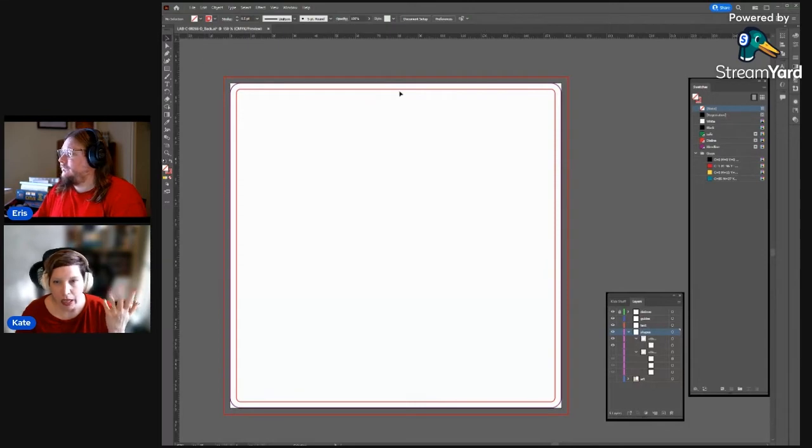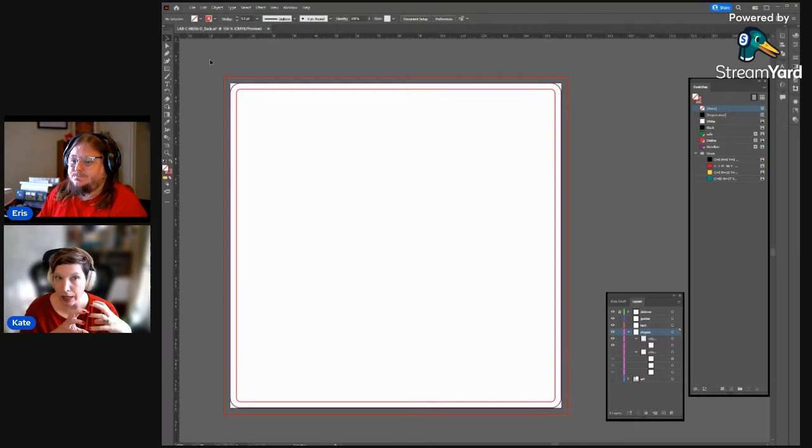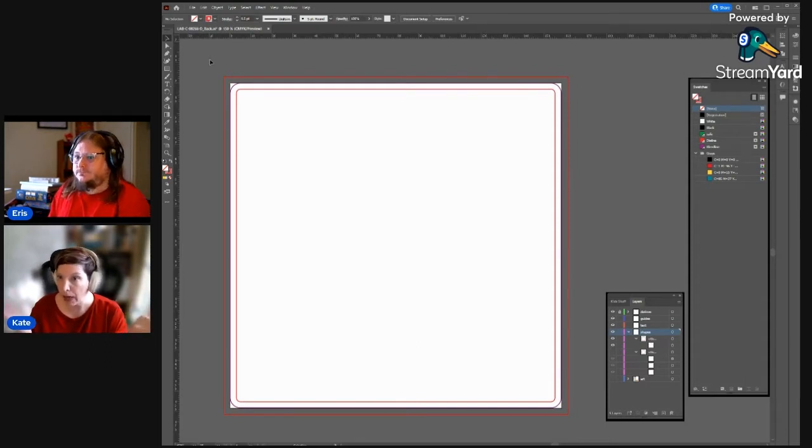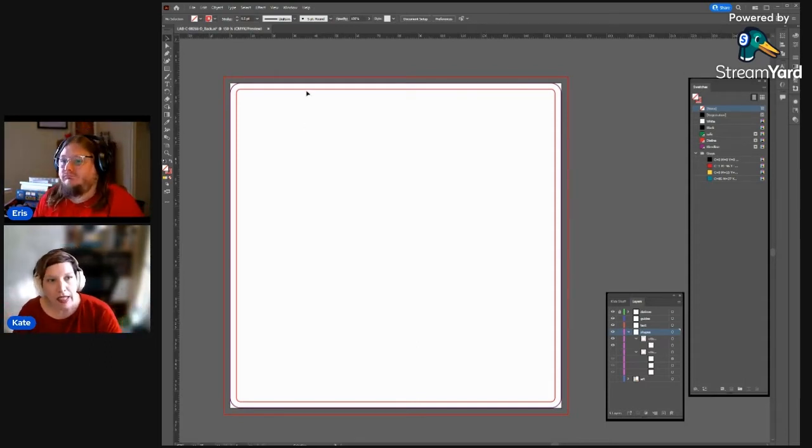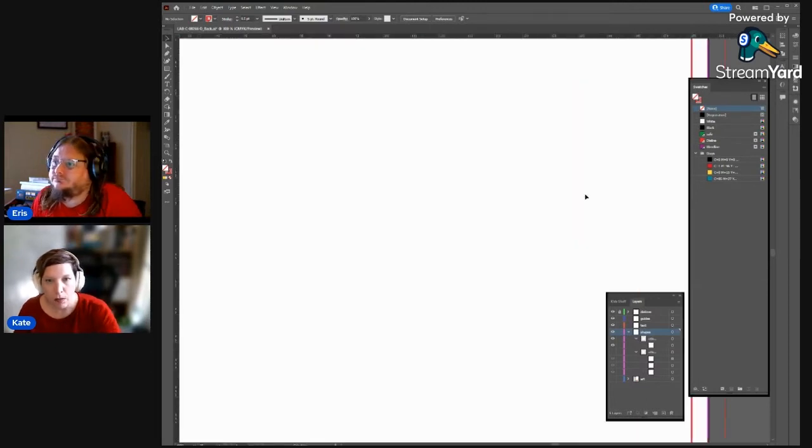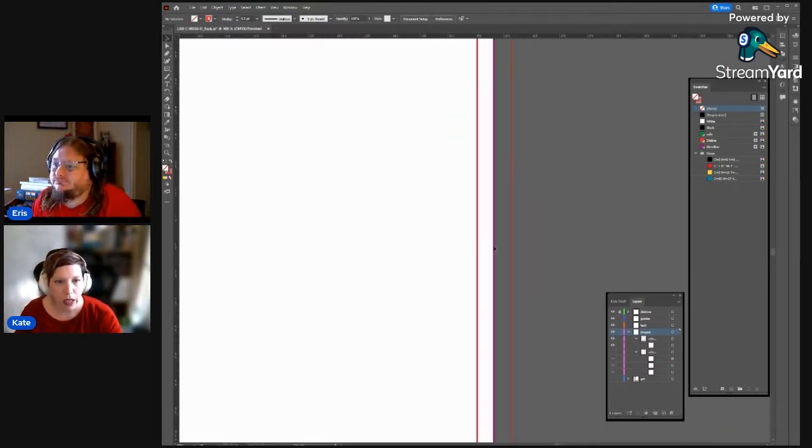What we're looking at here is when you open up the Illustrator template, the AI file in the little package of templates that you get, this is what you see. This is the small square. If it was a larger version of a square, it'd look very similar, just bigger, obviously. You can see there are two colored lines. I'm just going to zoom in. There's a red one and a purple one. The red one shows you where the blade on the die will actually cut. So we're always paying attention to where the red one is. The purple one shows you the bleed.